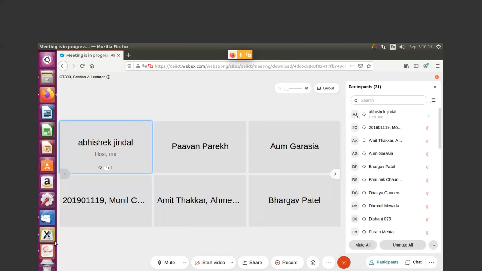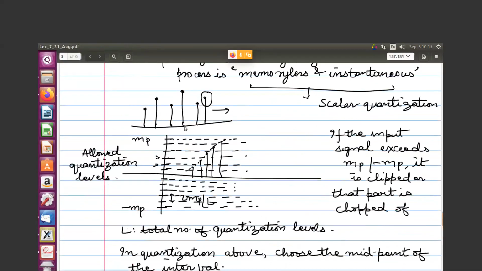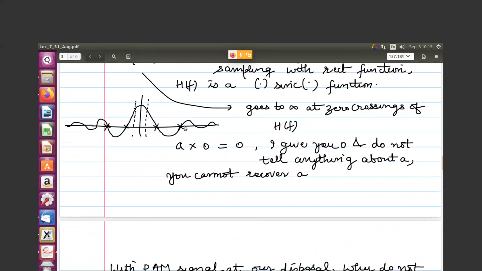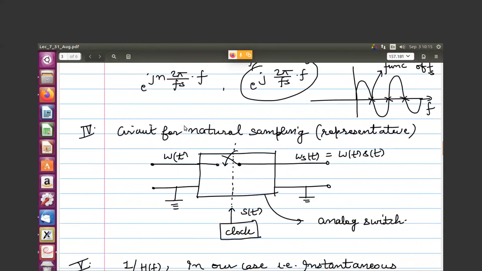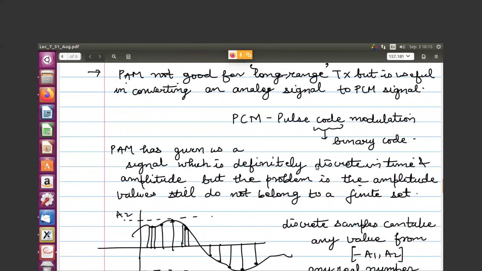So what we were doing essentially in the last lecture, that is lecture 7, most probably, yeah, lecture 7. At the start we discussed a few of the missing links from the previous lectures, let us say lecture 5 and 6. We were discussing those, and after that we started the topic of quantization.